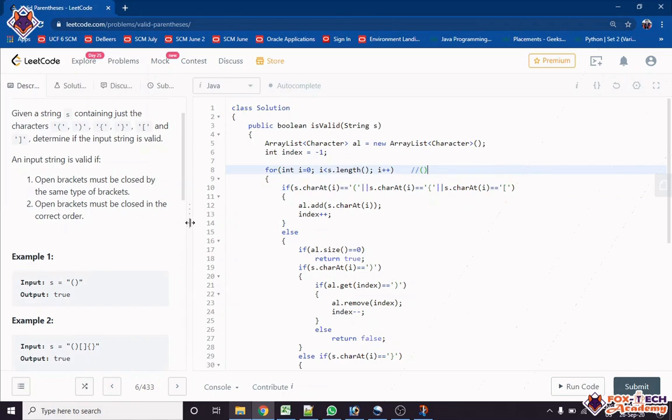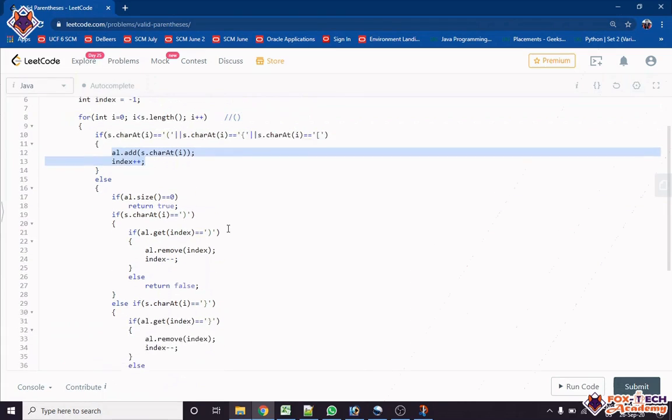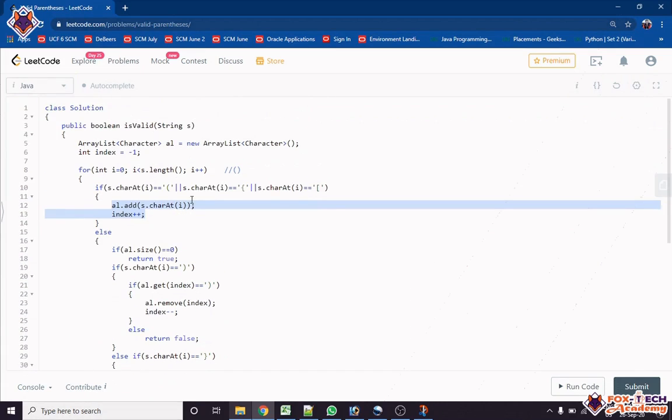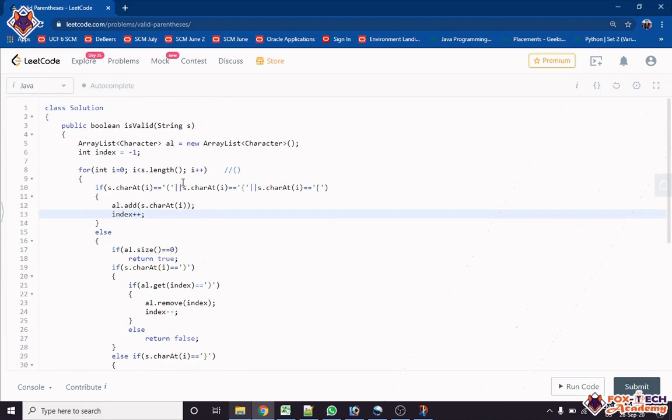If we check it, it will find here an open parenthesis, it will go and put it in a stack. Next one, and its index will be incremented. Okay, it will not run, it will again come, but this time it will find this one.